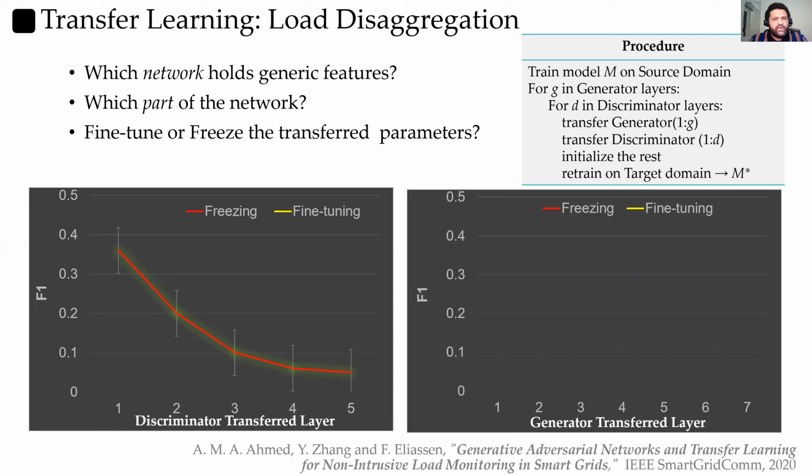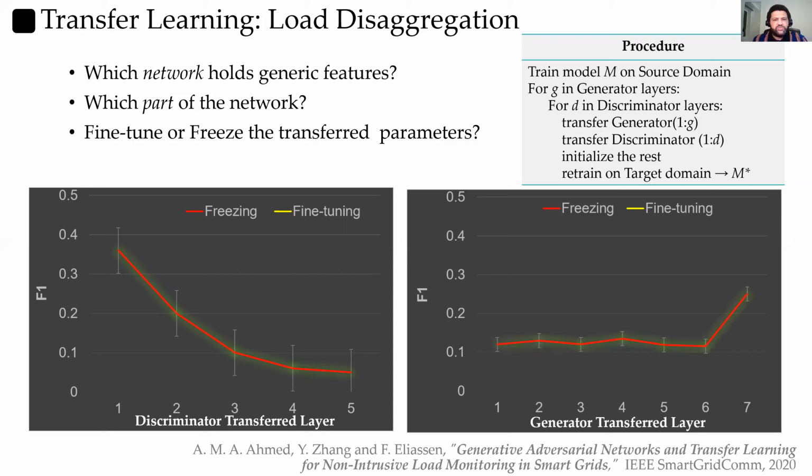We can infer from this that the discriminator holds specific domain features. That means the best choice for the discriminator is to transfer as few layers as possible from it. And if we transfer the whole discriminator, for example up to layer 5, this will lead to a very low F1 score on the target domain.